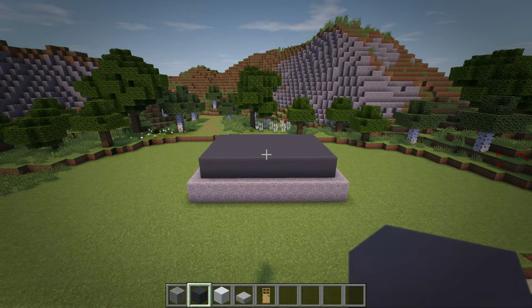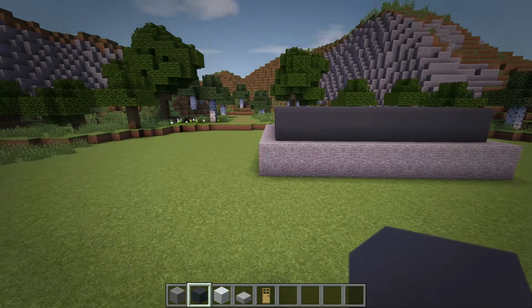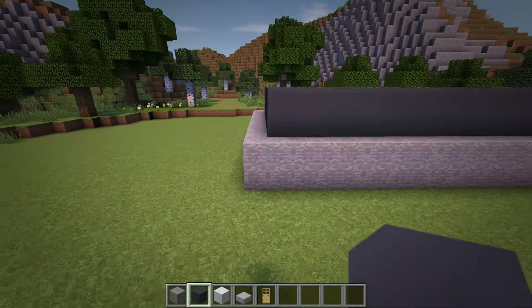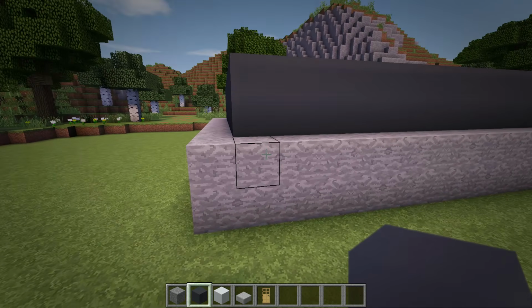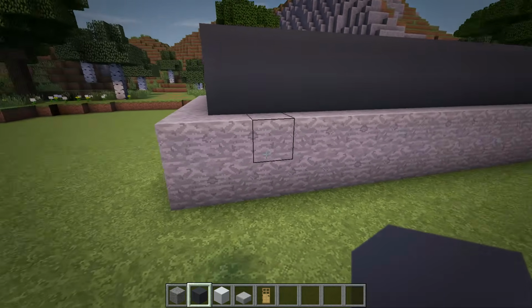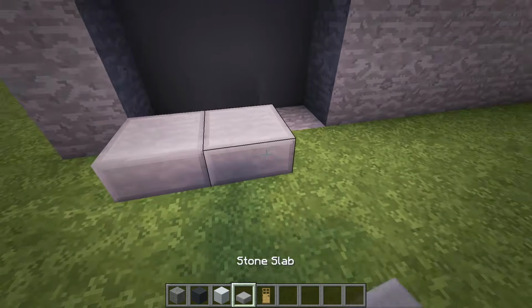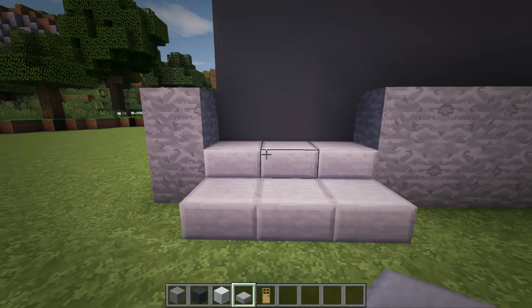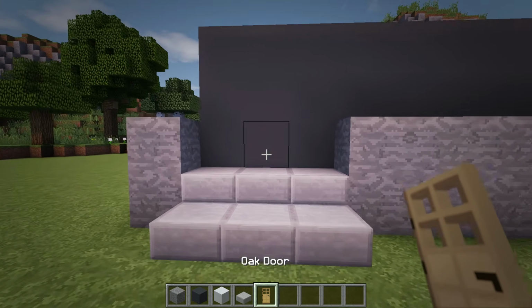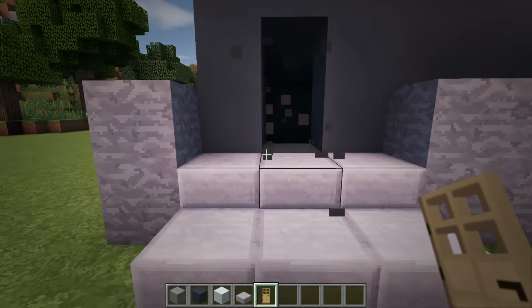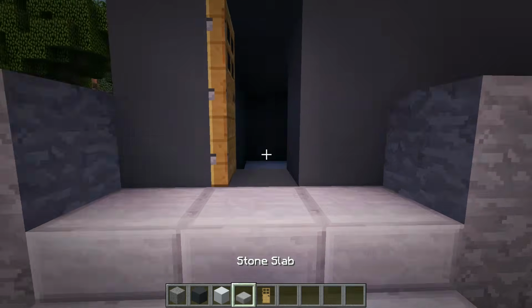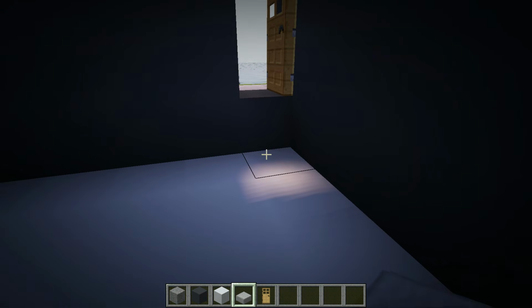Next we'll add in the entrance to the house. So at this front left corner, let's start by removing a 3 wide section of the stone foundation at the first 3 blocks of the gray concrete wall. Then within this gap we made, let's add in a couple rows of stone slabs as a small staircase. And now lastly, at the middle of this gap, let's place in a door from the top of these steps, and then also on the inside we can add in a couple steps here as well.